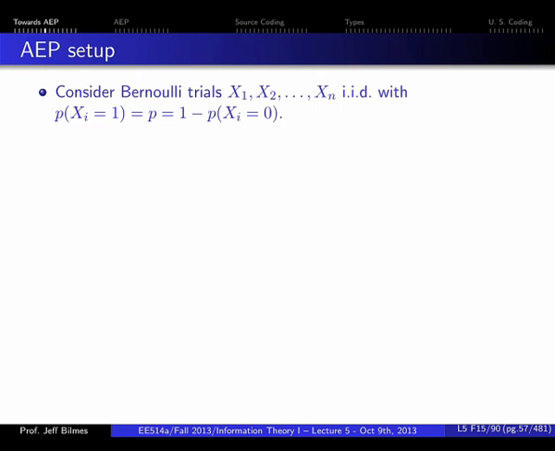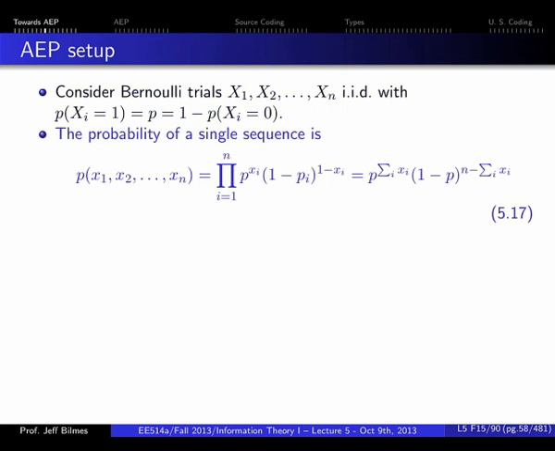So we've got a bunch of IID Bernoulli random variables, and we can write their probability very concisely as p raised to the number of times there was a 1, times 1 minus p raised to the number of times there's a 0. Now there's 2 to the n possible sequences. This is a binary alphabet, so k is equal to 2, because we're talking about X.